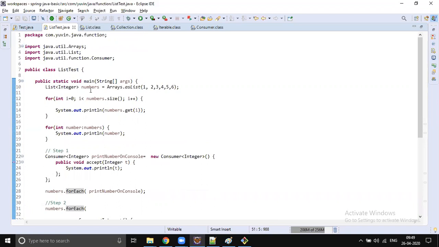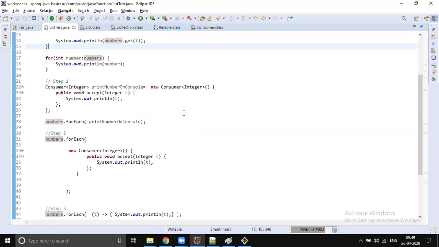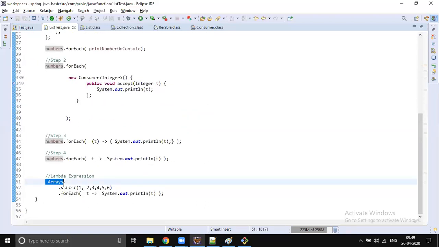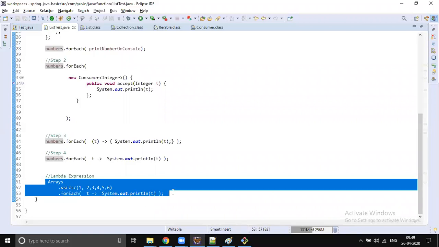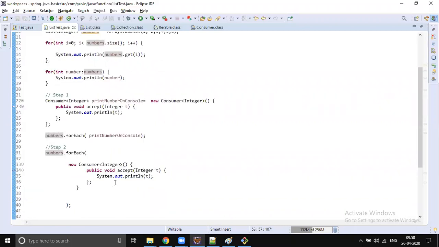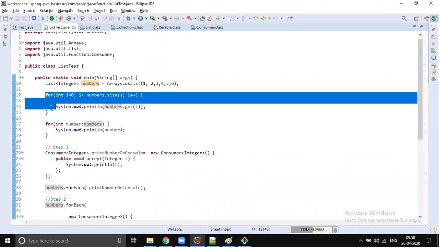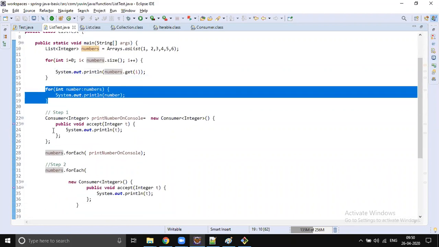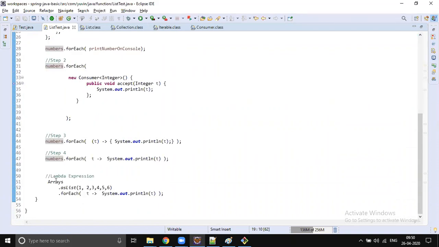I'll show a complex scenario. I take a list of numbers, filter the even numbers, double the value of the even numbers, then sort it and print it. I go for a complicated scenario with the help of a stream. But before we jump into streams, you must understand how we are doing this with lambda expressions. A simple task, but I almost covered all the ways of doing this: JDK 1.0, JDK 1.5. In JDK 1.8 itself, I didn't take you to this level.